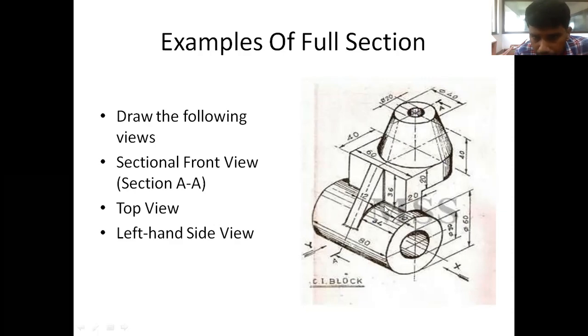If you go to the other side, from the center it is 30, and next it is 40, then next it is 30 again for a circle of this diameter. From here to here it is 40, from center to the other side it is 30. The total is 100, and the height is 136.